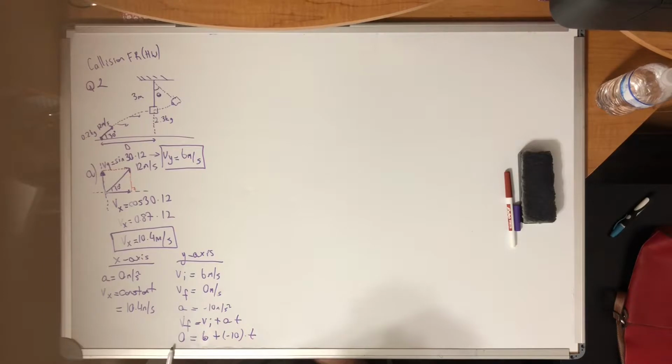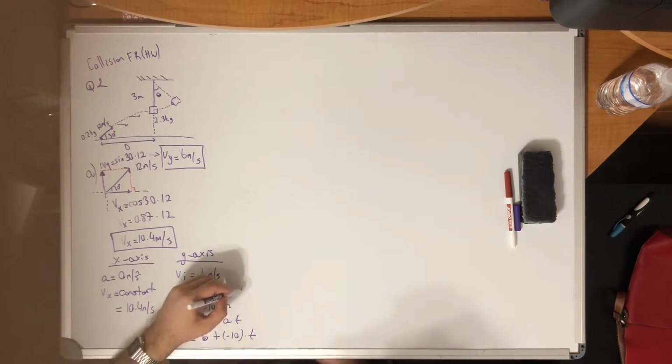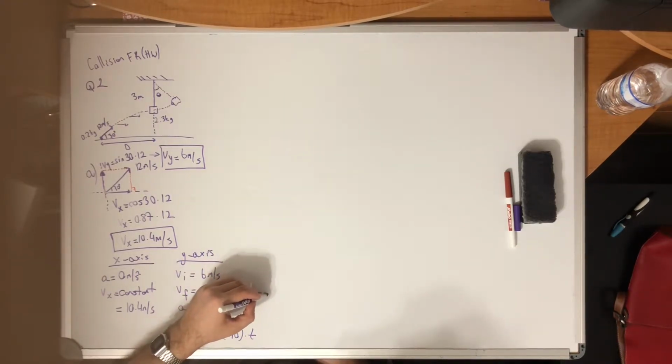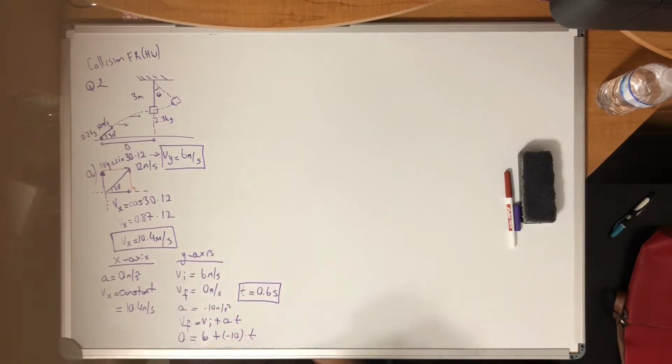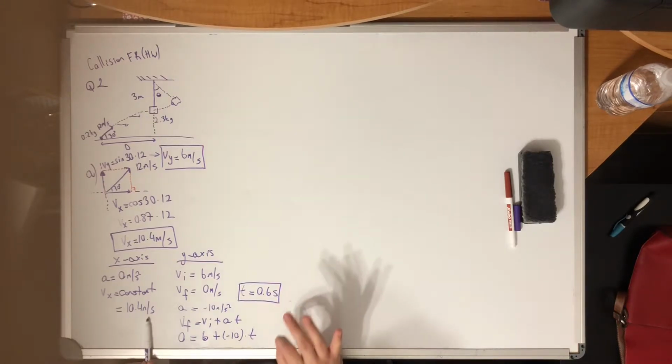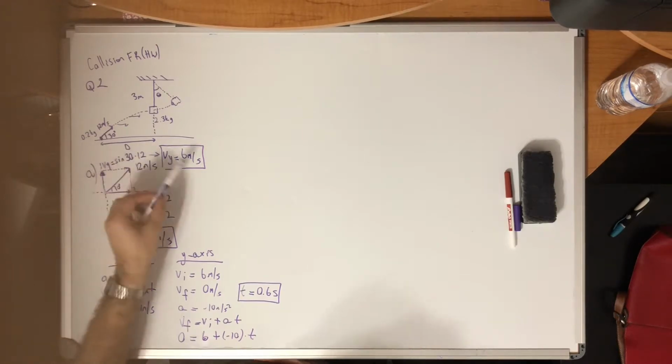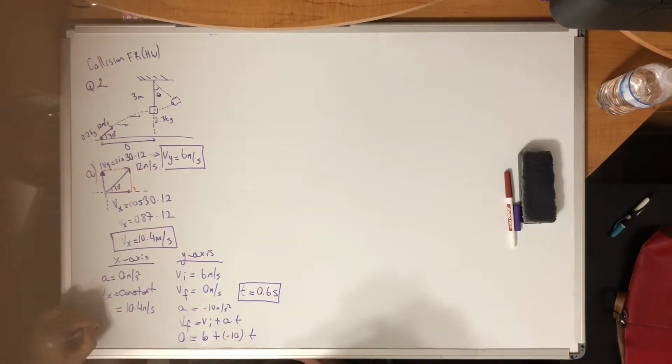So that 6 goes to the other side, it's negative 6, you have negative 10 over here, divide both sides by negative 10, then once you do the math, you're going to have 0.6 seconds. Then how am I going to use this 0.6 seconds? That means it's in the air for 0.6 seconds, so it is going to travel with 10.4 meters per second for 0.6 seconds. And during that time, to find the distance d, you have to go with vx times time, and it will be basically 10.4 times